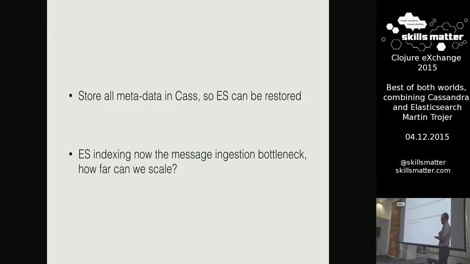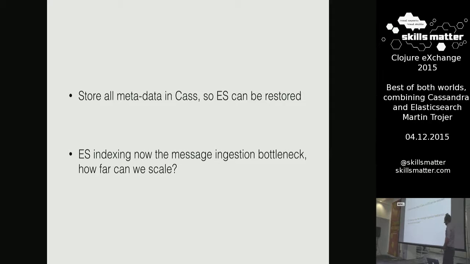So let's say the Elasticsearch cluster died, we can bring a new one up, and it will start recording all the new data. But then in the background, we can start filling it up again with historical data to come back to where we were. So that's another thing. And obviously, ES has pretty great snapshotting capabilities, so you can snapshot quite often into S3 and then bring it back quickly if something happens.